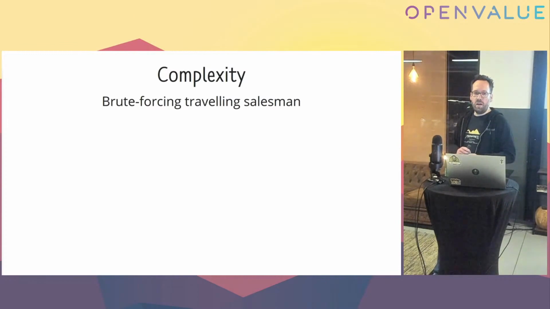There's a cool problem in computer science that a lot of people talk about, which is called the traveling salesman problem, where you have a salesperson who wants to visit a number of towns and then go back home, and he wants to know the quickest route through all of the towns and then back home. If you want to brute force that problem, then that takes factorial of n steps, and factorial of n is a really big number. So for example, factorial of 5 is 1 times 2 times 3 times 4 times 5,